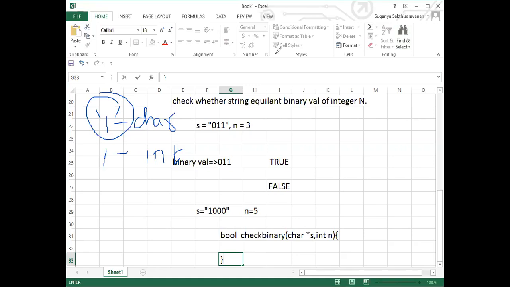This double digit or any number, it will be there for any given number. So here, Divya, what is it that you're taking? M, strlen. Okay. You're taking the string here.